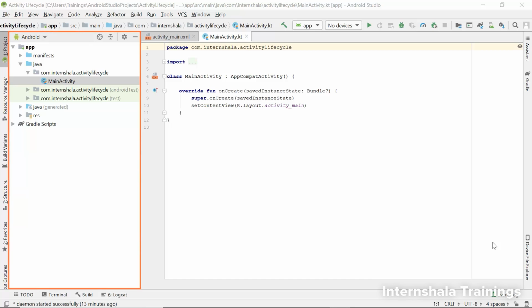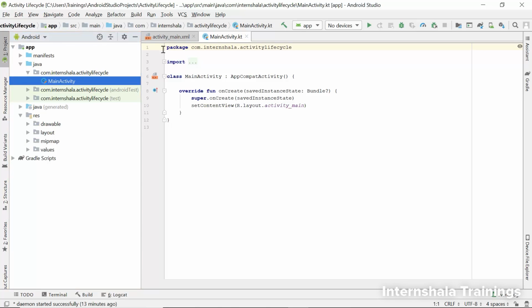So, this is the project structure, and all the files and folders that are present in the project can be seen and accessed from here. So, let's look at them. We will only look at those folders and files that are mostly used and that will be used by us in the training. First is this manifests folder.